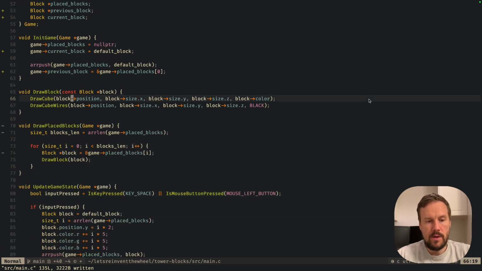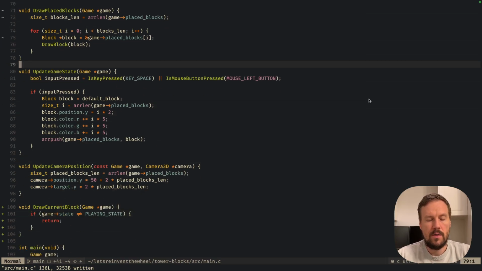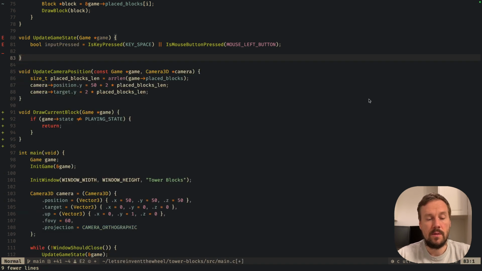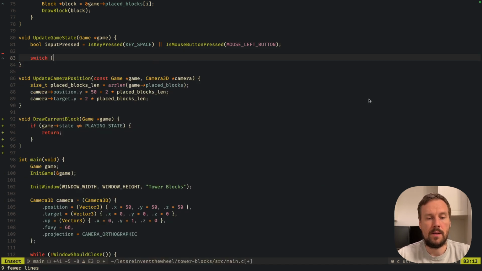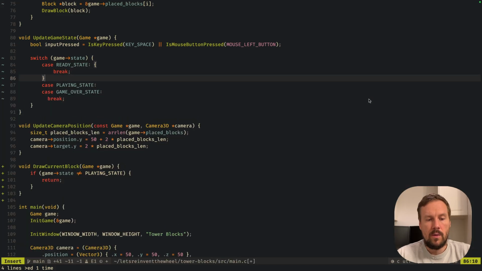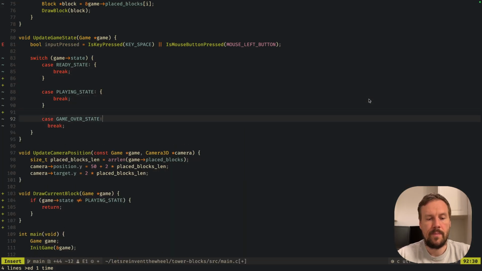When we initialize our game, we can say that state is ready, and here in our update game state, we are going to drop this temporary input processing and add a switch based on game state. We can populate the switch quickly with no ops for now,